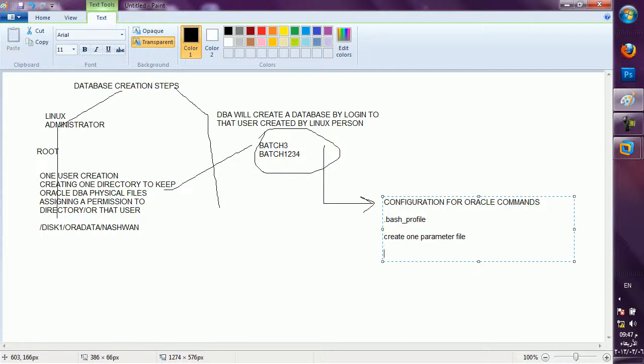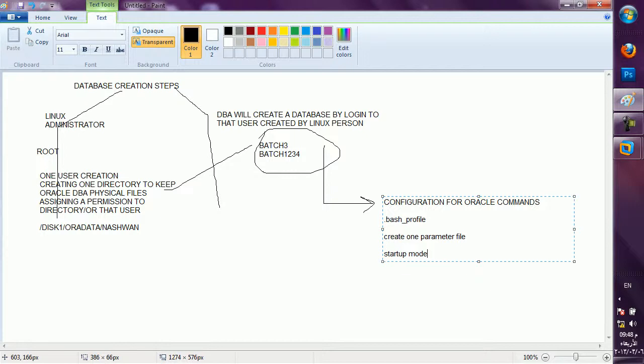Okay. Then third, the startup mode will be there. Means in which mode I should start my database. Till now I was giving the command startup. So 4 modes are there. If you give a startup, by default it is startup open. I was not typing the word open because it takes it automatically.